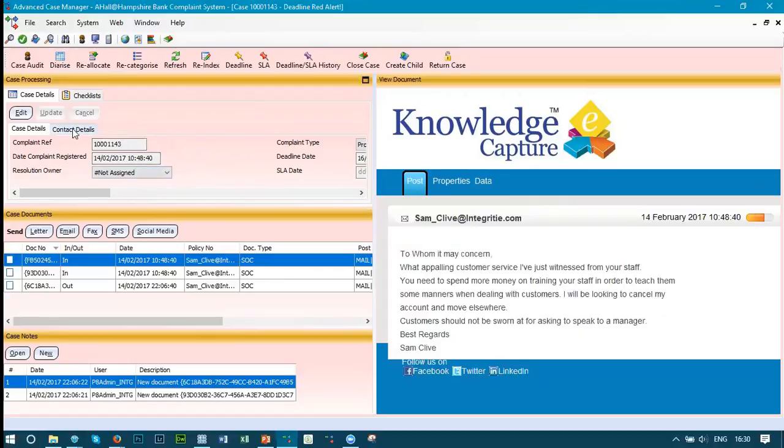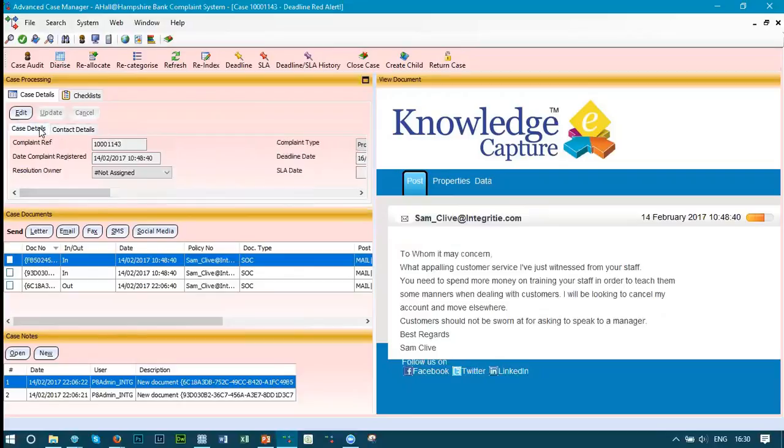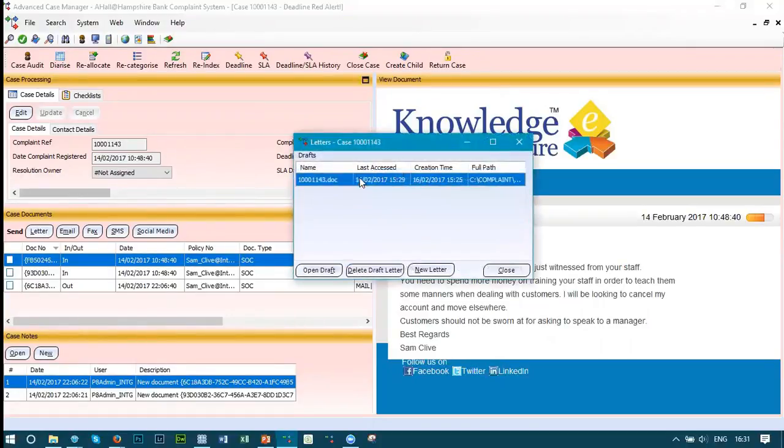In this example, we are aware of the customer details already, so we picked up that the email address relates to a certain customer of ours, and we can also populate things like address information and customer details relating to perhaps the policy they have or the contract they've taken out with our organization. And within this middle section as well, we've also integrated into things like Microsoft Office. So if I was corresponding with this person and wanted to send out a physical letter based on perhaps complaint resolution or simply an acknowledgement letter, what I can look to do is have this case information pulled into a